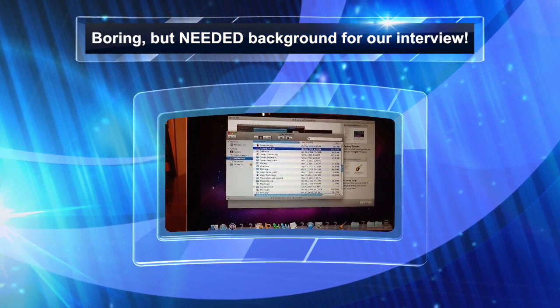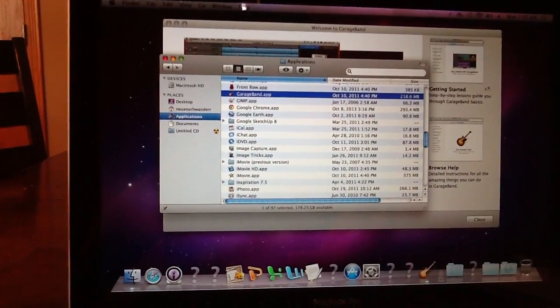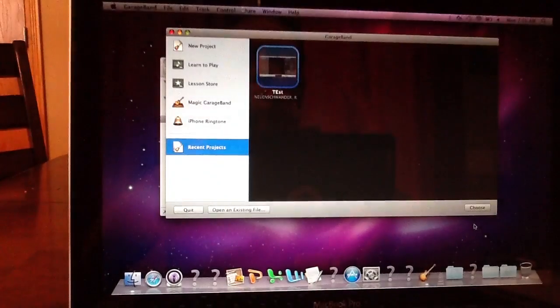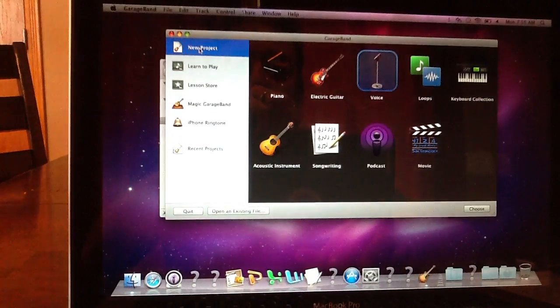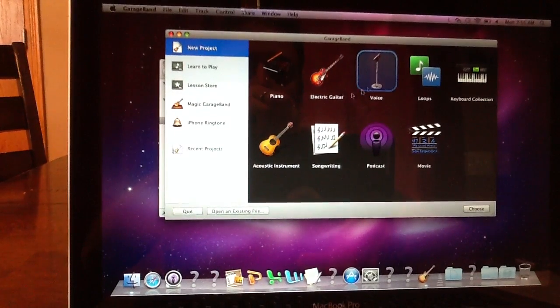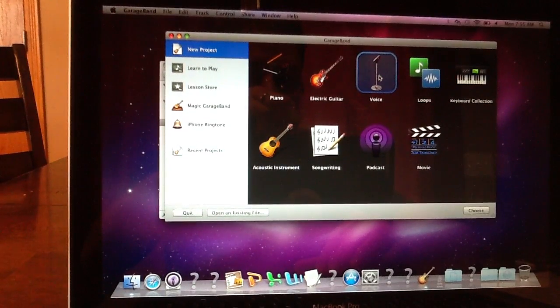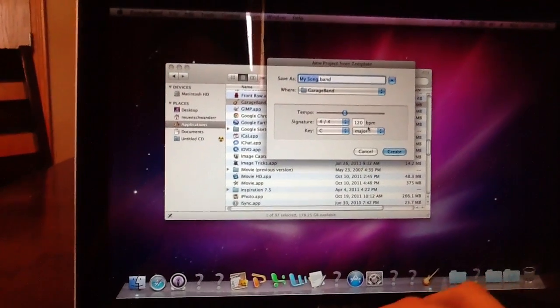So when your laptop's open, go into the applications and select GarageBand, and when GarageBand is up, it should probably welcome you. We'll close that, and you're going to do a new project. Even if you see some old projects there, do a new project here, and we will be taking a voice. So all this is basically voice, so choose the voice, select that, and I'm just going to name this test